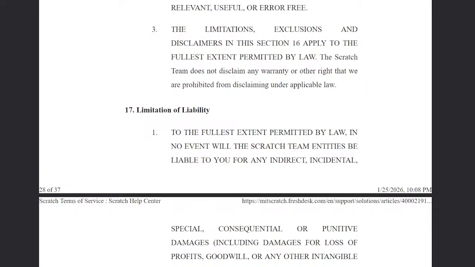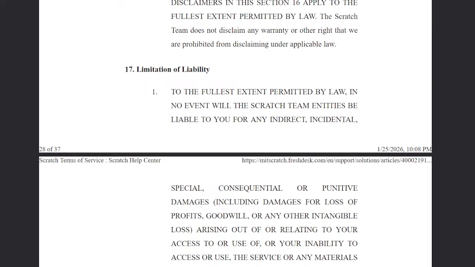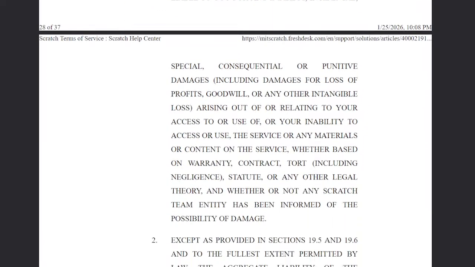Limitation of liability. To the fullest extent permitted by law, in no event will the Scratch team entities be liable to you for any indirect, incidental, special, consequential, or punitive damages, including damages for loss of profits, goodwill, or any other intangible loss arising out of or relating to your access to or use of, or your inability to access or use the service or any materials or content on the service, whether based on warranty, contract, tort, including negligence, statute, or any other legal theory,